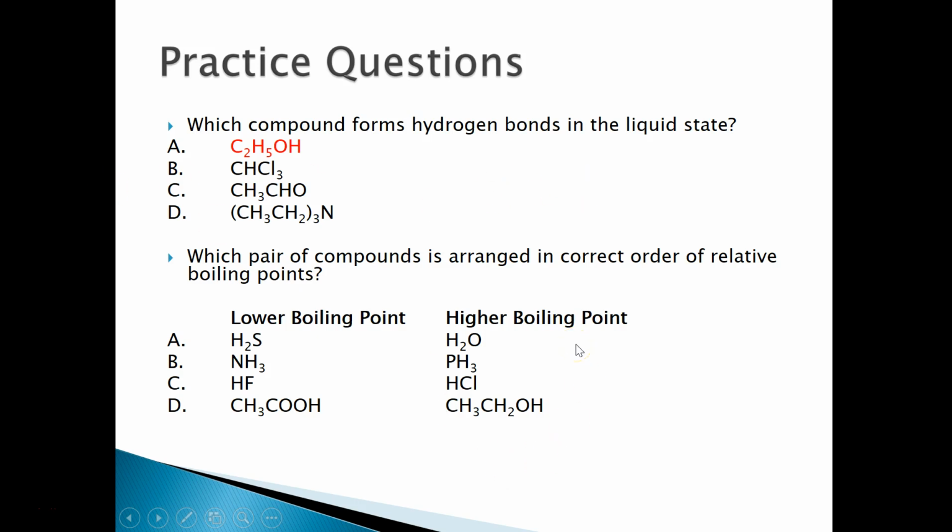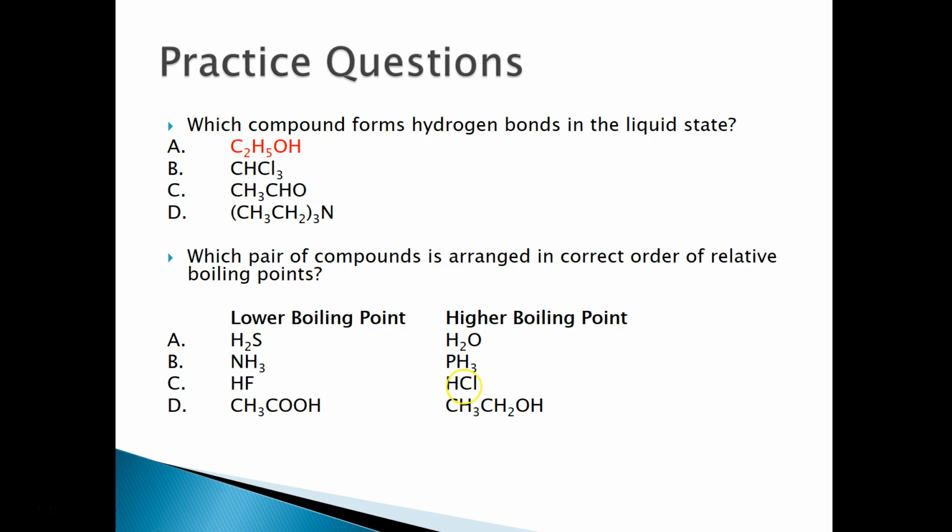And finally, which pair of compounds is arranged in correct order of relative boiling points? Well, again, let's start from the bottom. So we have ethanoic acid and ethanol, and once again, they both have the hydroxyl group, but ethanoic acid also has that carbonyl group as well, so we would expect the boiling point of ethanoic acid to be greater than the boiling point of ethanol. If we look at choice C, hydrofluoric acid, or HF, has hydrogen bonding, and HCl has dipole-dipole as its strongest intermolecular force, so again, we do expect the boiling point of hydrofluoric acid to be greater than that of